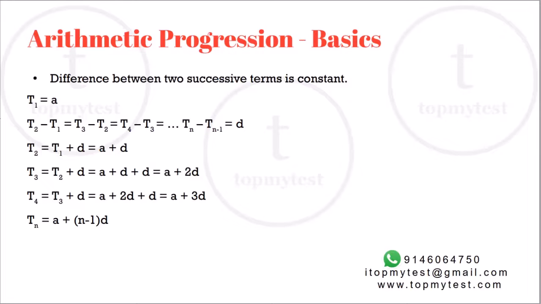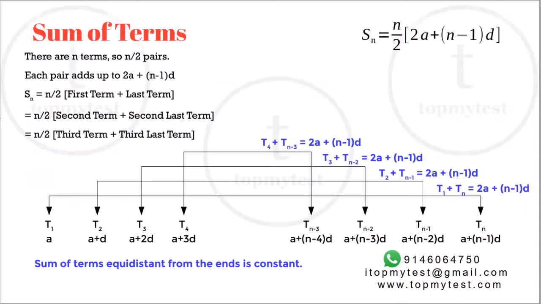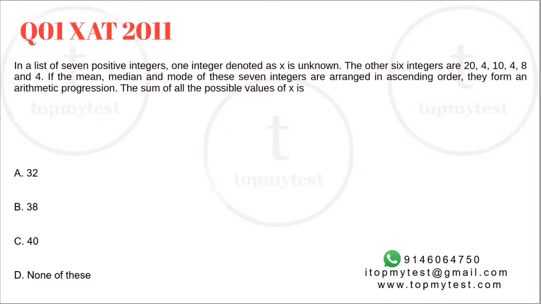In the previous explainer, we had discussed the basics of how to go about identifying the nth term of an arithmetic progression, how to quickly calculate that. And we also looked at the sum of n terms and the basic concept that the sum of terms which are equidistant from each end is a constant. So today we'll be building up on this. We'll be using the basic concepts of arithmetic progression and some additional mathematical concepts like quadratic equations, or numbers where you will have to look at factors, etc., or even statistical terms. So the first question basically uses some additional terminology besides the arithmetic progression.